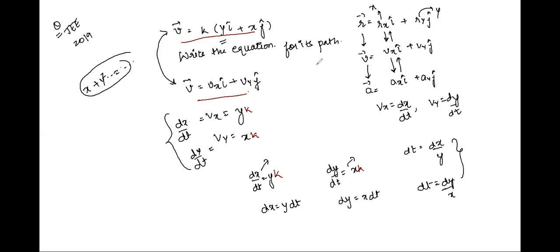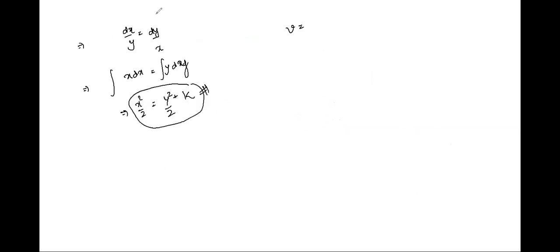Right. So as we know, when we equate these equations, we have dt given as dx upon yk, and from another equation we'll have dt is equal to dy upon xk. So what did I do? I wanted to eliminate time. Remember, I want to eliminate time because I need an equation between x and y. So in order to eliminate time, I equated both of these equations. Right? See here, I equated both of them. So I got this expression.